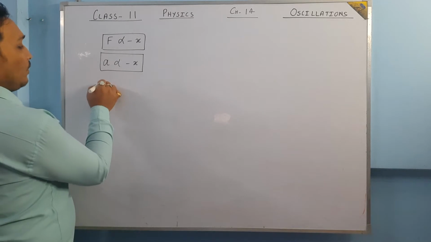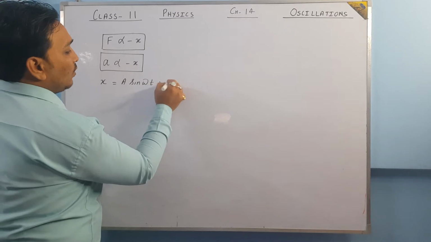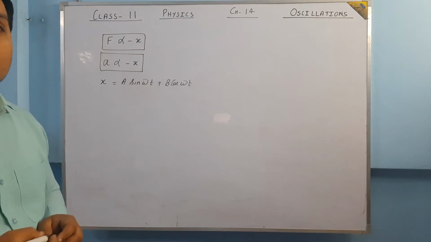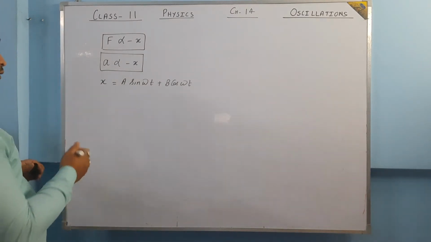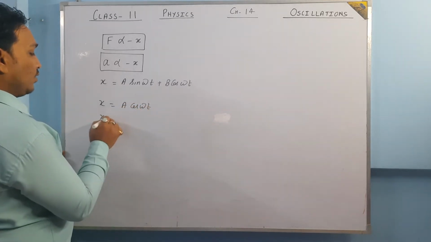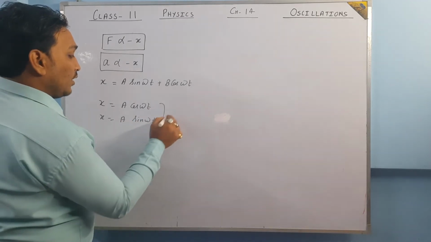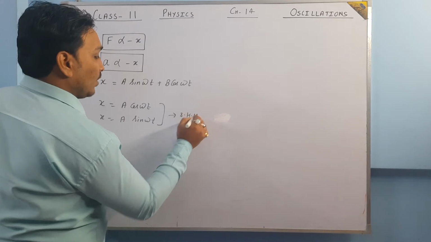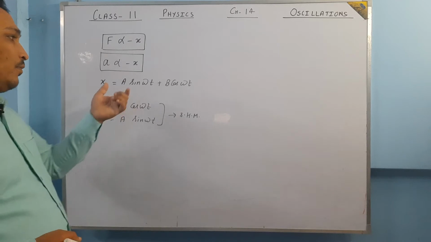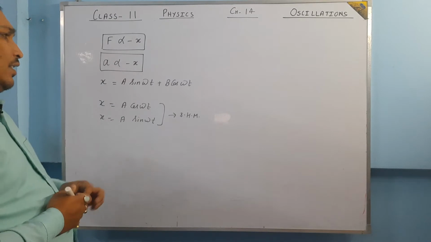Then we have done the general expression of SHM, which is A sin omega t plus B cos omega t, which can further be represented as a single function of sine or cosine. Or we can say simply x = A cos omega t, or x = A sin omega t. They both represent SHM. In the last video lecture we have also done a question, where something is given, and out of that we calculate amplitude and all. That's all we have done.